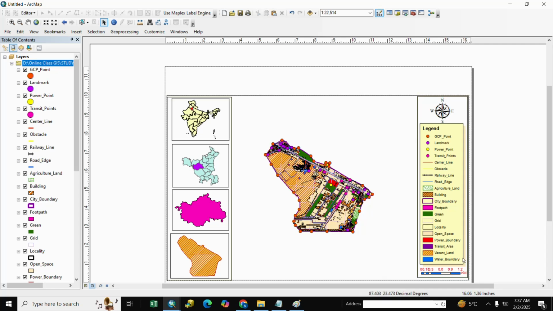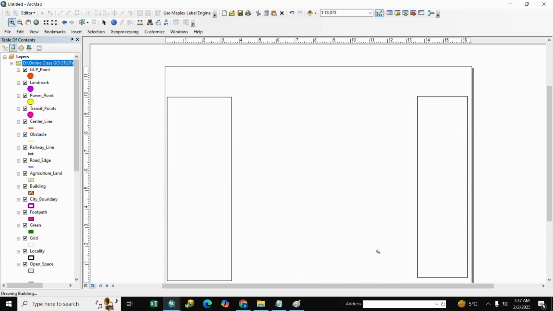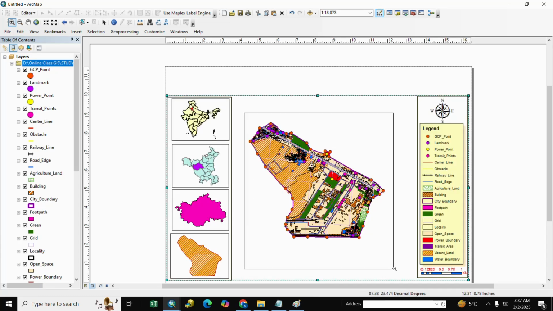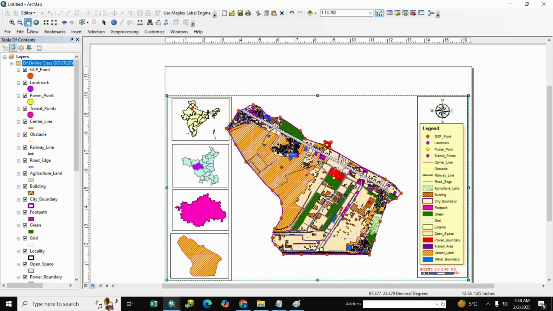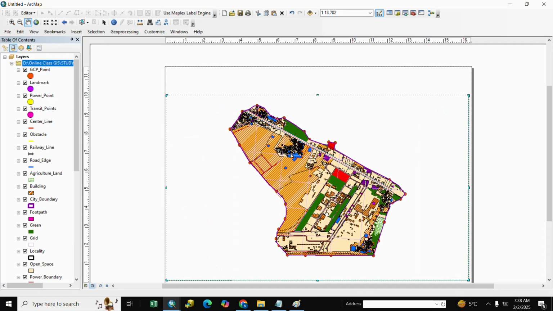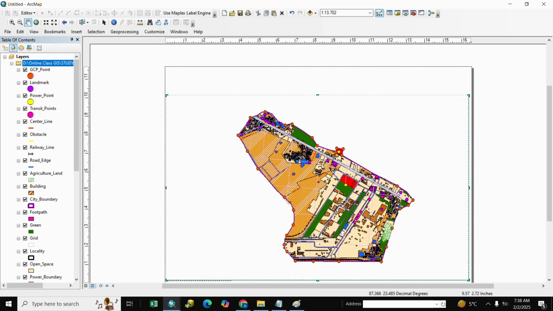Here is neatline, and we adjust it. In data, we go to pan, adjust it, take hand to move, we set here,